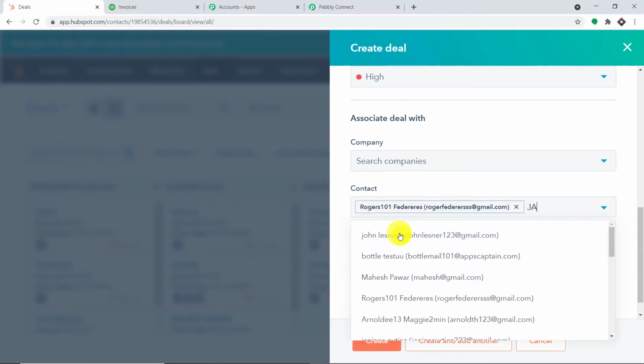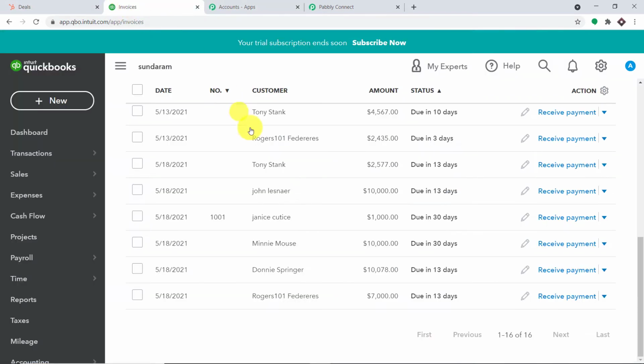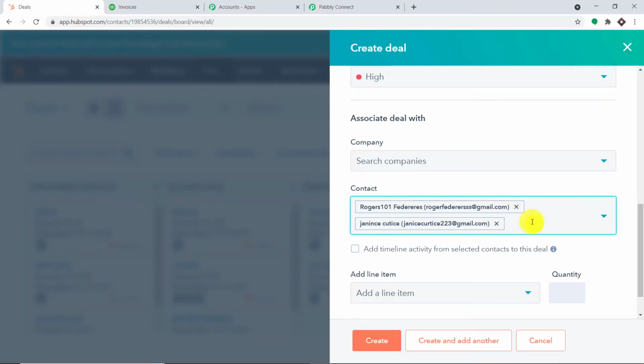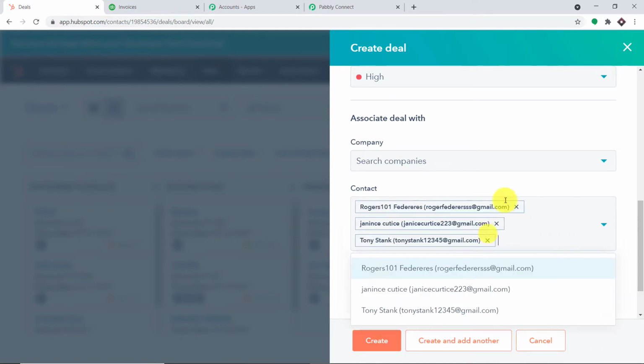Then we have Janice Curtis, and the last person I'm planning to add is Tony Stank. I repeat again, these 3 people, Janice Curtis, Tony Stank, and Roger Federer, are already present as customers in my QuickBooks account. So we have added these 3 people.